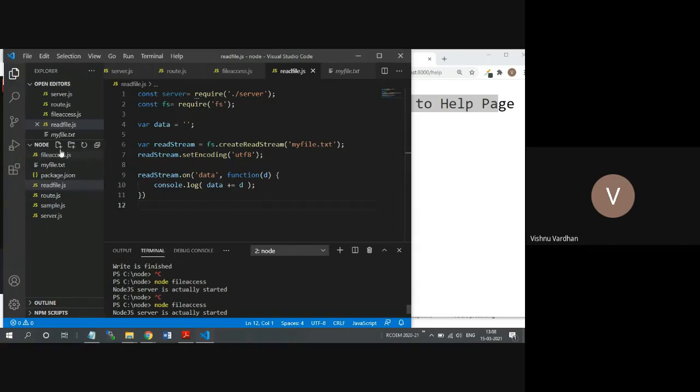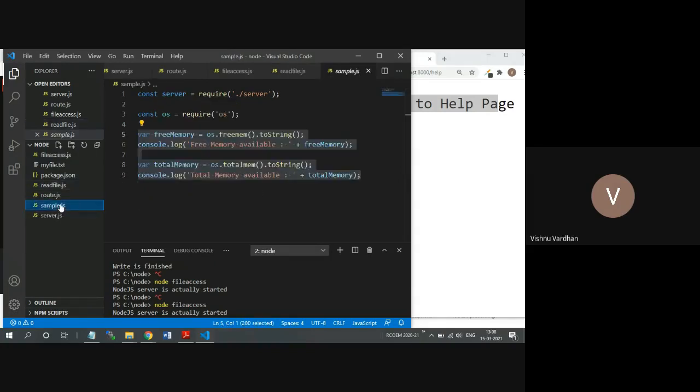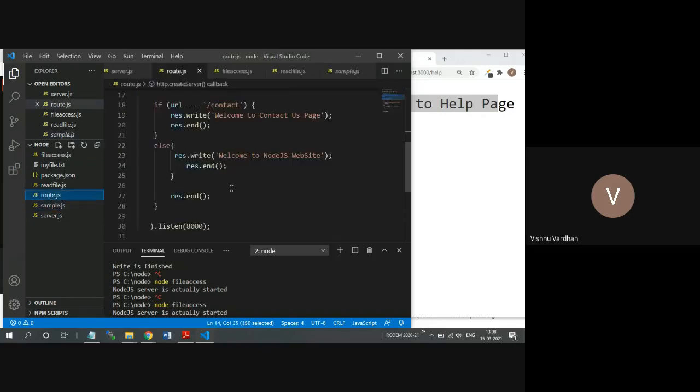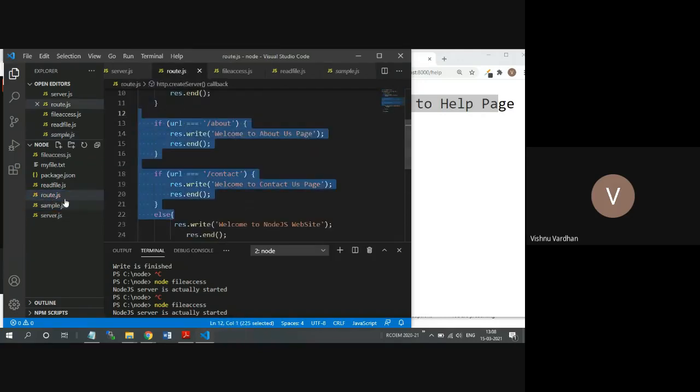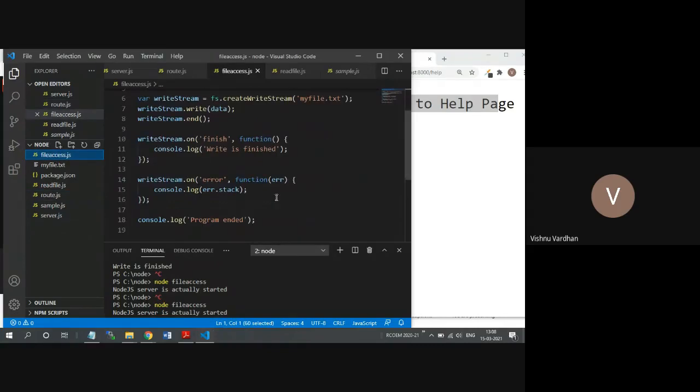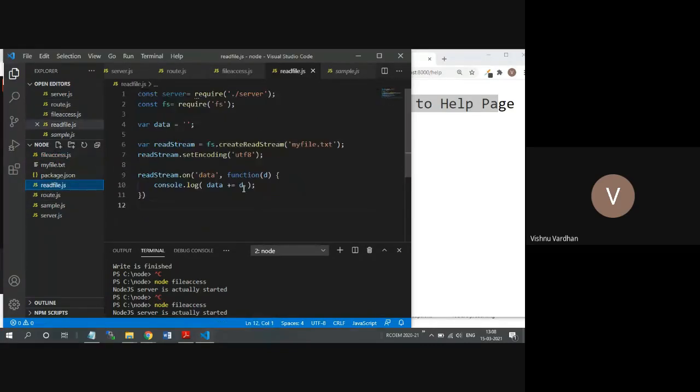Okay, for that I will take one more file. I'm taking different files only to demonstrate clearly. What is happening with the operating system, I have kept in a different file. Routes I have kept in a different file. File access, which is reading and writing the content, I have kept in a separate file. Read file I have kept in a file so that they do not clash with the already created code.